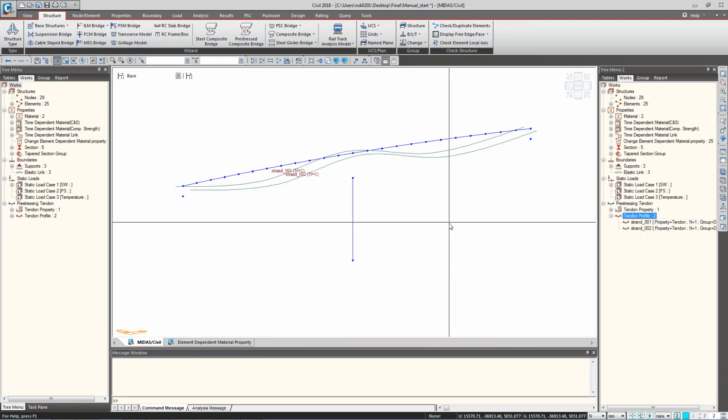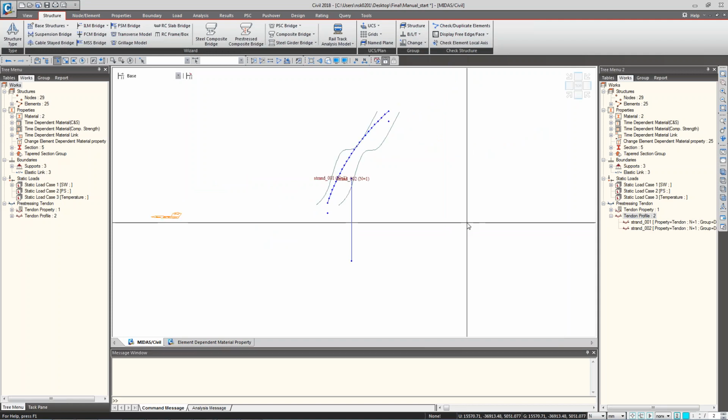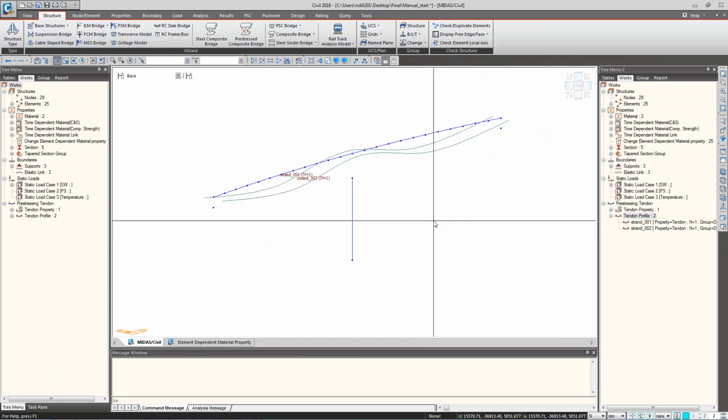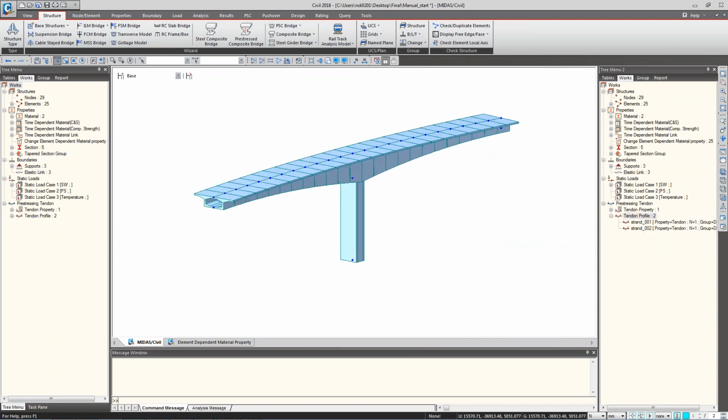So this is the tendon profile generated with the tendon template feature. The good thing about this feature is if you have a PSC composite girder bridge design, you'll have more or less identical tendon arrangements for all the other girder groups. So you can create one tendon arrangement for one girder, and then copy this onto other girder groups as well. So you can save a huge amount of time